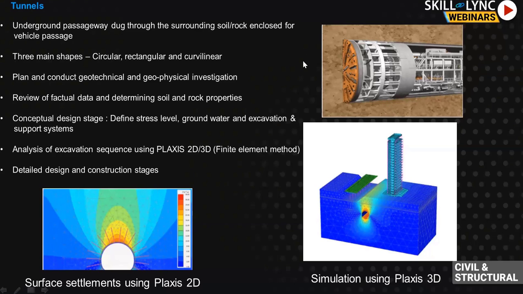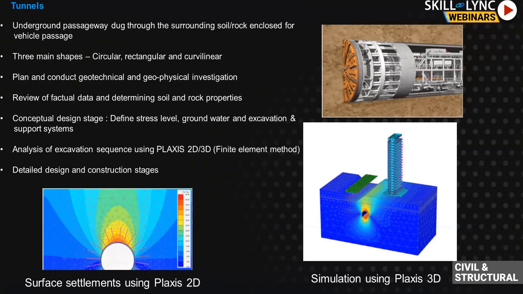You have to have a shaft, which is a diameter-type opening on the ground, and you insert your TBM machine in pieces, and then you have to move it with some kind of pressures. So it is nothing but a cut of your ground. Maybe it can be soil or it can be rock, but mainly the purpose is for the passage of vehicles, right? It will be enclosed.